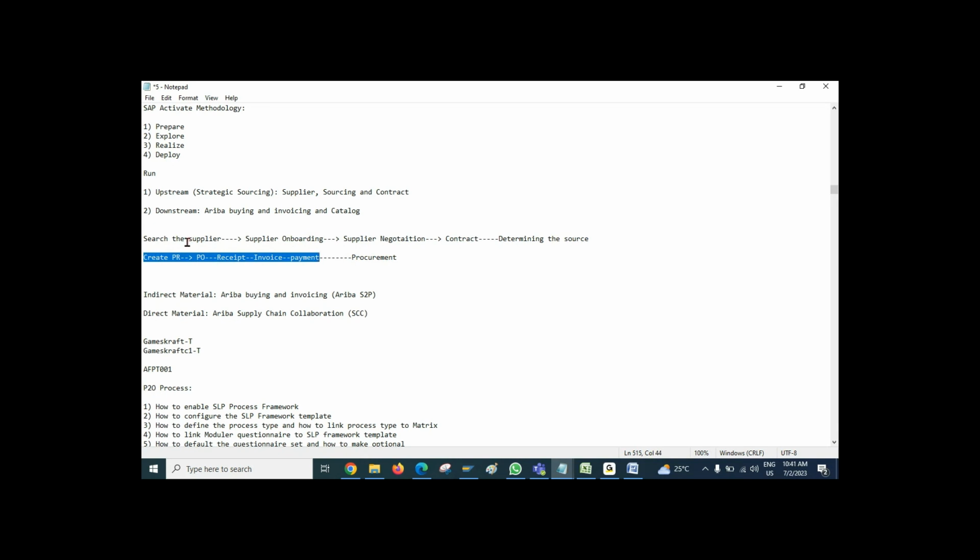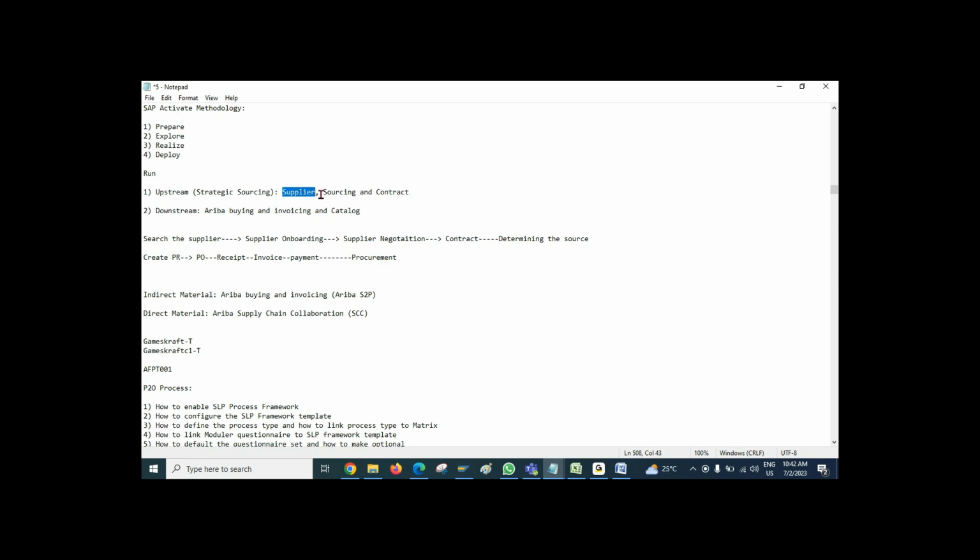Okay, so to fulfill the sourcing and procurement process of each and every customer, Ariba has given this strategic sourcing and buying and invoicing solution. With the help of this, a customer can perform their sourcing and procurement activity. How can they do it? Here, if you see supplier, right? With the help of the supplier solution, customers can manage their vendors. How do they manage the vendors? By creating the vendor record, by identifying a regular vendor, by fixing a fixed vendor. Whatever different things are needed, we can do with the help of the supplier solution.